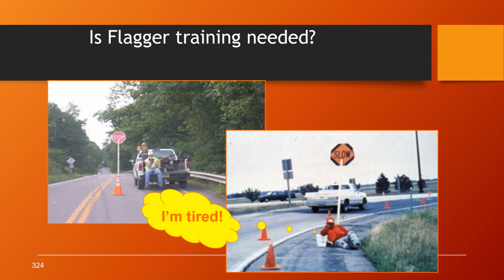We'll get into what that truck should have on it here in a little bit and where it should be located. And this guy needed a break. No one came to give him a break, so he just had to sit down. So we want to make sure we give our flaggers a break. Don't let them go